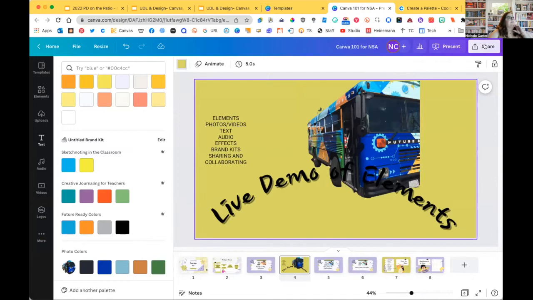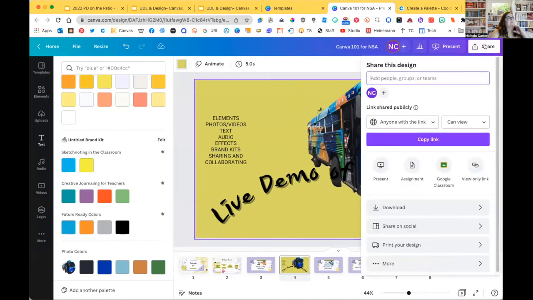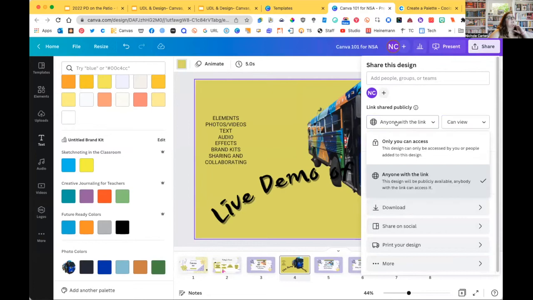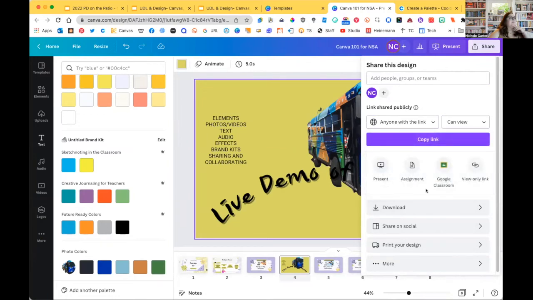They've also increased how you are able to share things. Very similar to Google products, you can share the link so that people can edit, comment, or view, and change it from anyone with the link to only you can access it. Obviously you have the ability to download anything that you might need. And you can collaborate in Canva as well. So if you're working with a grade level team member or department team, you can